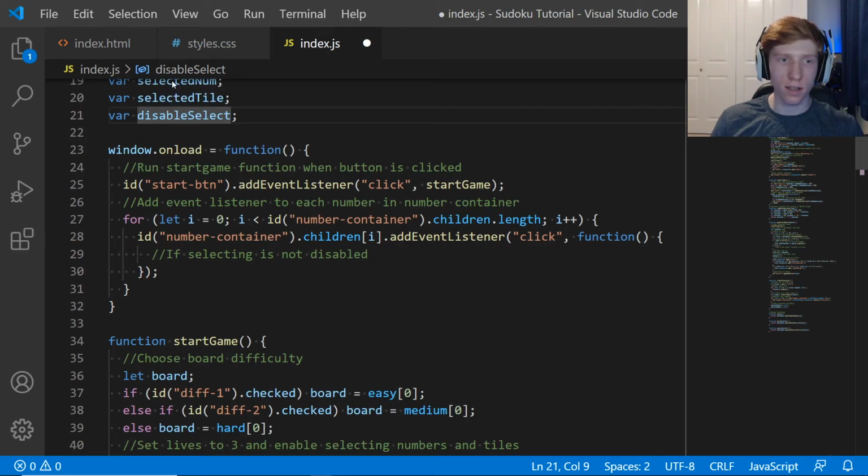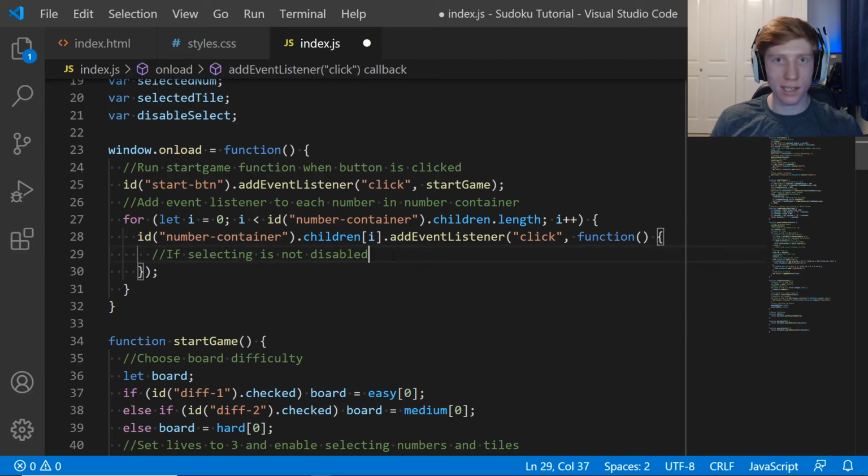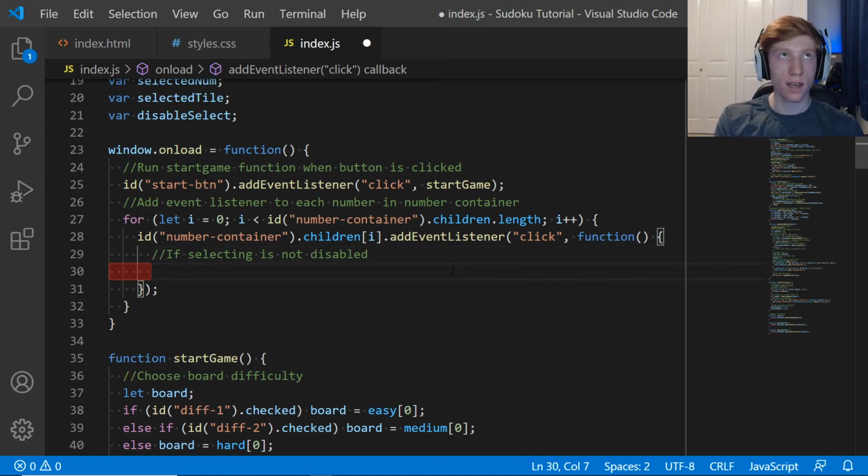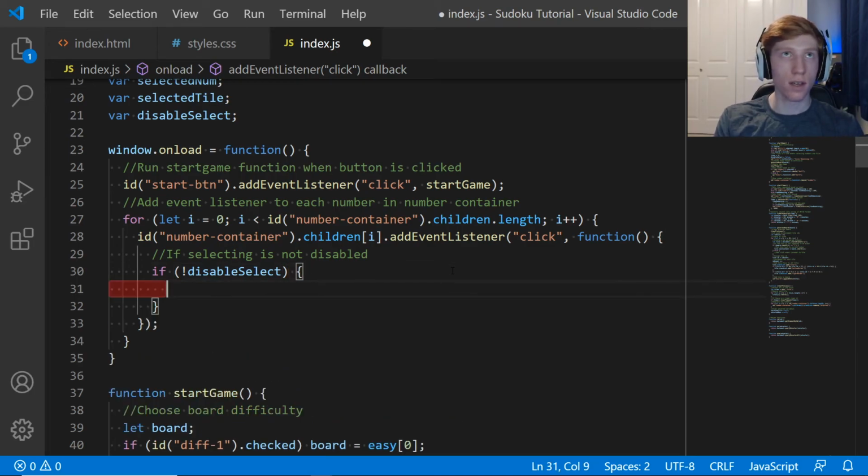You would enable, or make true, disable select, and then they won't be able to select anything. But if disable select is false, then we want to be able to select stuff. So what we're going to say is, if not disable select. So if it is not true, meaning that if it's false that selecting is disabled, sorry if I'm just making that more confusing, then we're going to do a bunch of stuff, and then we're going to say if number is already selected,